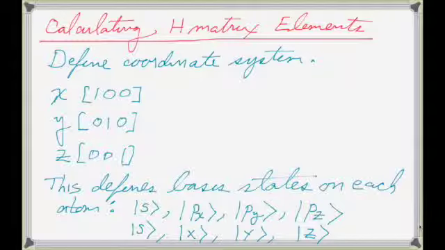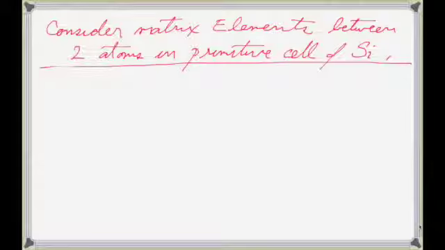Since there's two atoms in our primitive cell, the A and the B atom, I'm going to have to start differentiating and call it X sub A and X sub B, and it's easier to write PXA and PXB, etc. And now, since it's a nearest neighbor model, we need to consider matrix elements between the 2 atoms that form the primitive cell in silicon. Okay, so these 2 atoms are located, the A atom we're going to put at the origin,